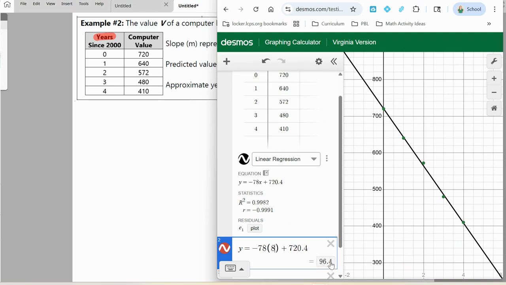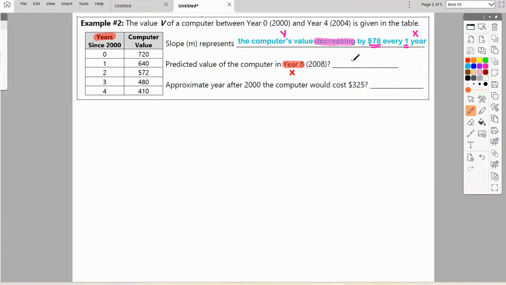96.4. That's what I'm going to answer and put units on it. I have to put the units of my Y value, which is going to be the computer's value in money. Now I want to find the approximate year after 2000. The computer would cost